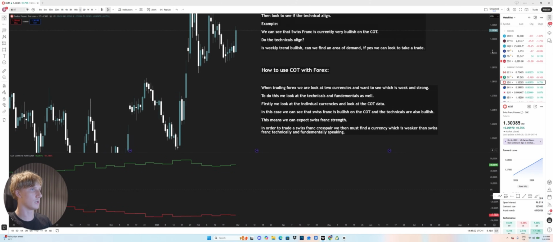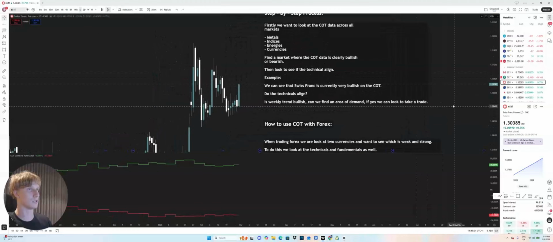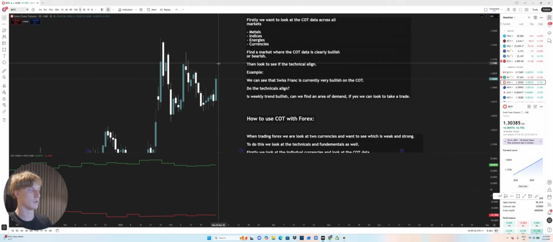Now on the daily, what are we doing here? Well, the daily is used for execution. It's used for actually finding our trades. So here, what we'd be looking for is we would be looking for an area of demand. How do we find demand? Well, we look below, and as you can see, we actually have a bullish candle right here. Sometimes you're not going to have to look really far to try and locate it. It might be right in front of you. So in this case, we can see that we have our leg out right in front of us. Now we look below to the left. Indecisive, indecisive, indecisive.